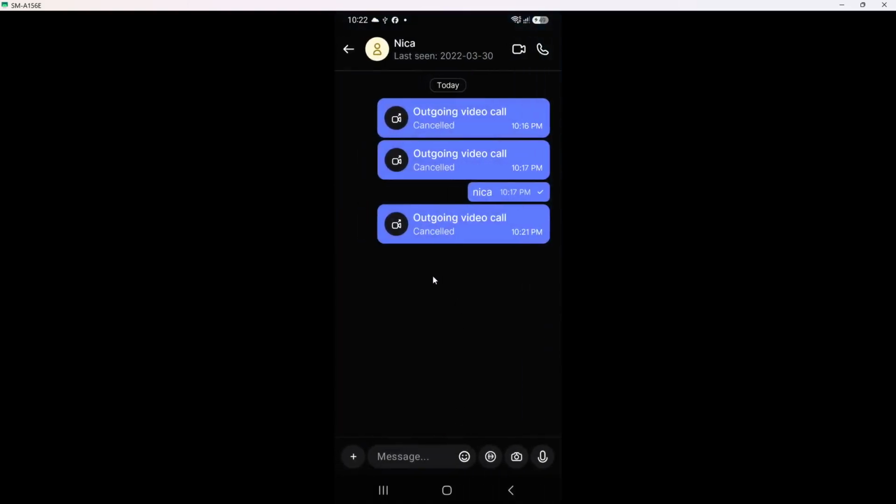Finally, when you're finished with your conversation, tap the End Call button. This button is usually red and located at the bottom of the screen. Tapping it will disconnect the call. This step is important because it ensures that your call is officially ended. After you tap this button, you will likely see a confirmation message, reassuring you that the call has ended successfully.